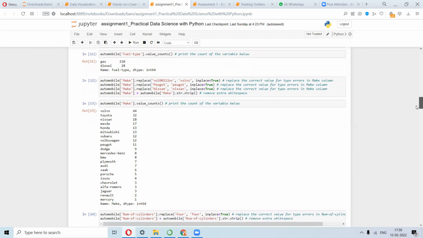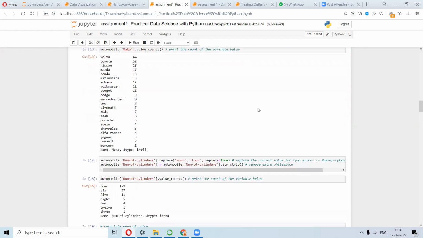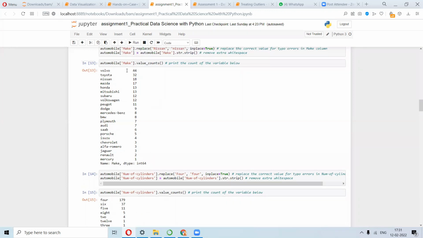And then again, number of cylinders gets replaced. So the same thing. Okay, here we are counting the make. So this is the make of the car. Now you can see that Volvo is producing the maximum number of cars, other than Toyota, Nissan, Mazda, Honda, and so on.